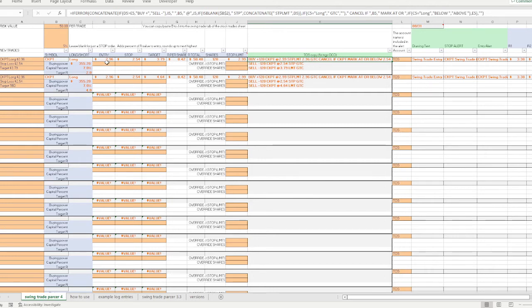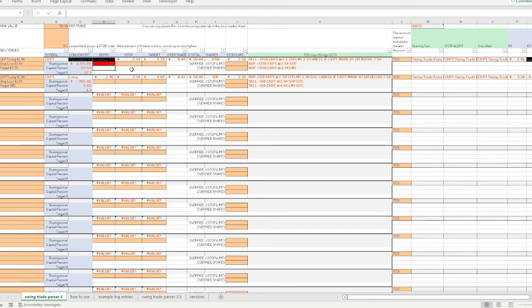You can override now these entry, stop, and target prices. So if you wanted to have, say, a later entry or an earlier entry of, say, $2.50, I apologize for the black thing. I don't know why my spreadsheet does that on occasion. That won't happen with your formatting. It'll stay looking normal. But this allows you to override the entry, stop, and target prices for any trade, and